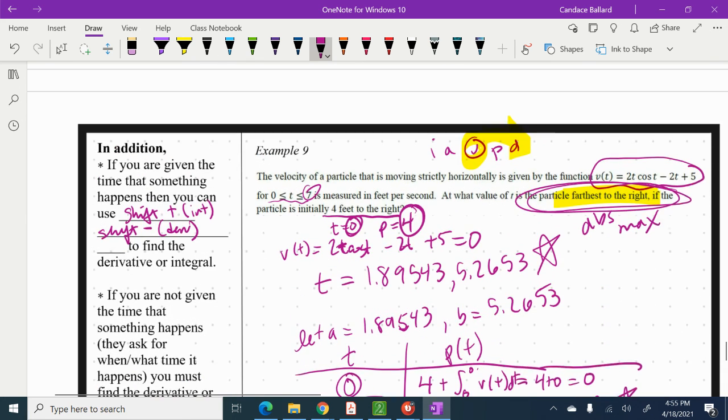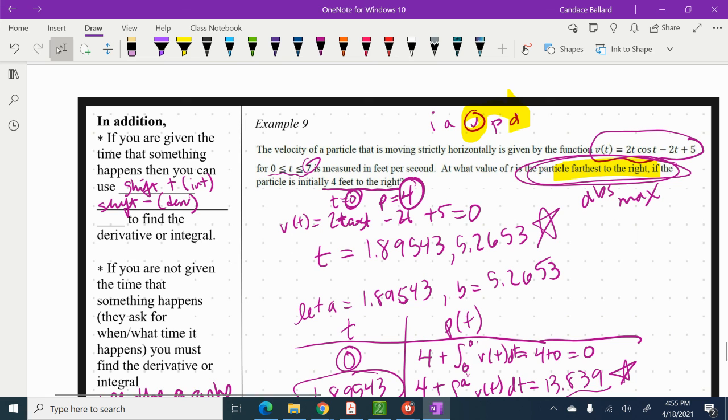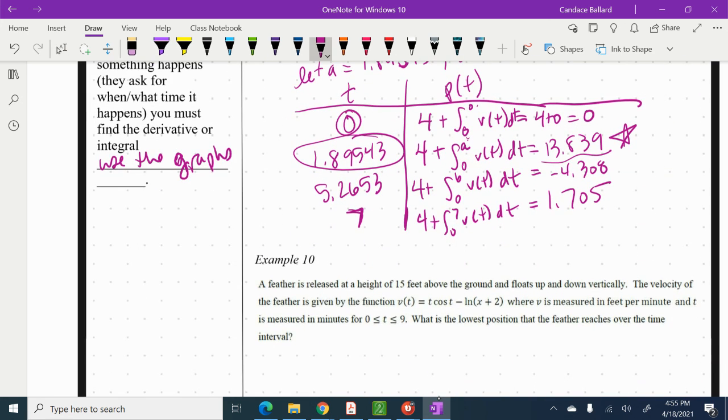And this did say at what value of t. So all I need to do is list the t value. So at t equals 1.89543, the particle is farthest to the